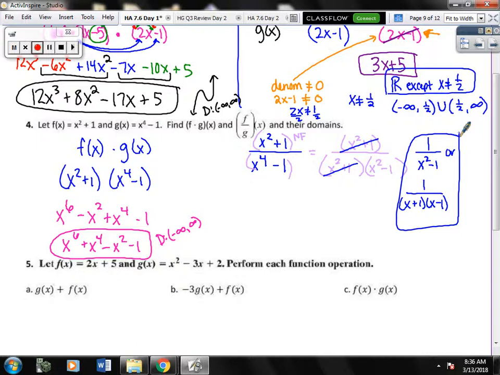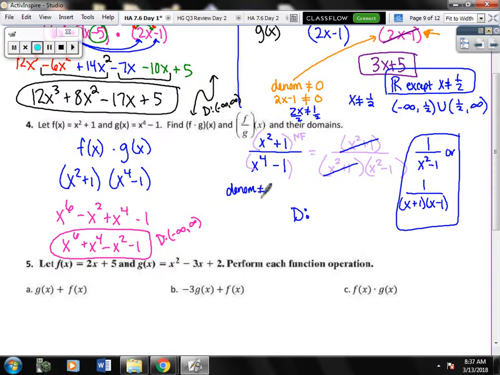Now our domain is going to be all real numbers except what? What numbers are not allowed to exist to make this function work? Jade? 1 and? Garrett? Nope, it could be 0. 0 to the 4th is 0. 0 minus 1 is -1. Hannah? -1. Okay, so what you have to realize is if you take this denominator, remember that the restriction is